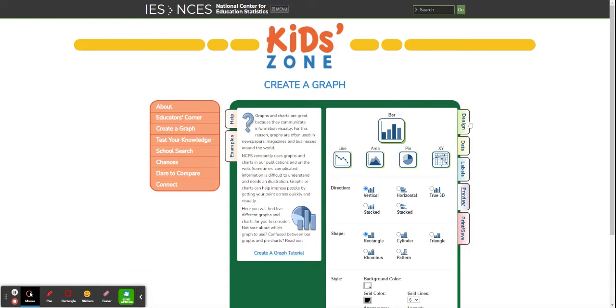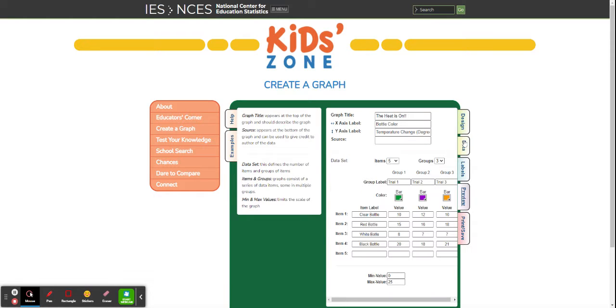As we are comparing results from 3 or more trials, a bar graph would be best. Then you go down to data where you would create your data. So for example, the title of this sample project is The Heat is On. The X-axis label, which goes left to right, as you can see here, and you also see the y-axis that goes vertically here. I have 5 trials or 5 items that I'm going to be including in my data set,